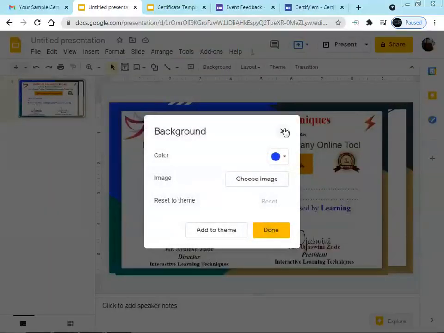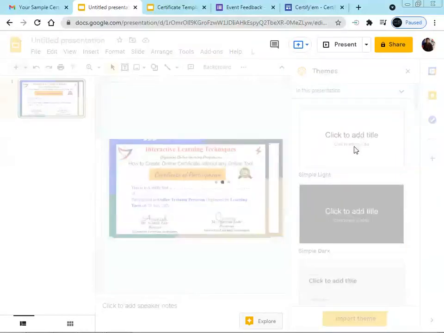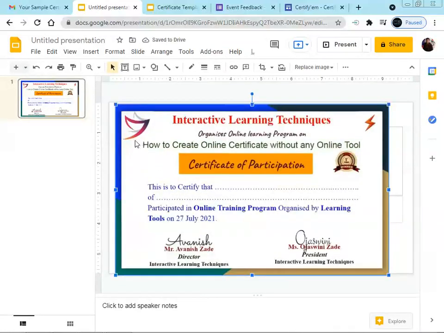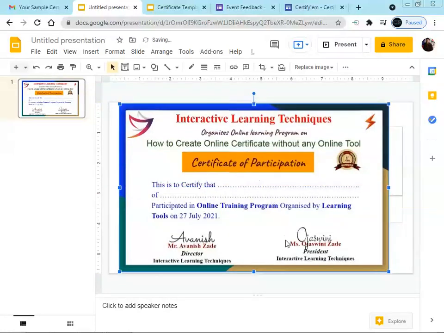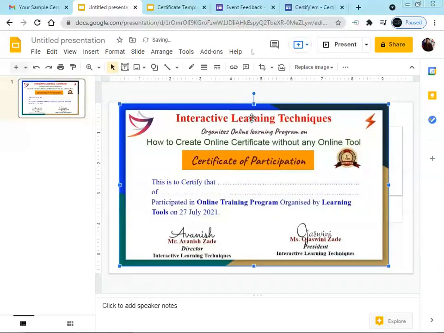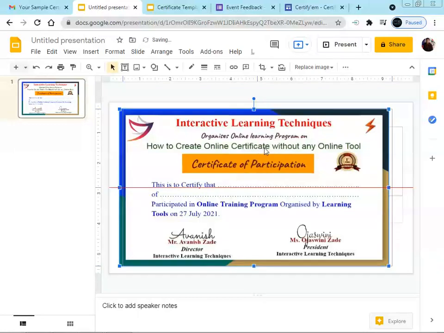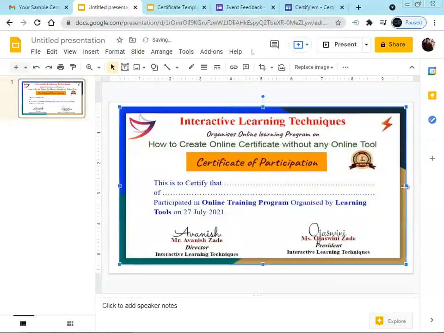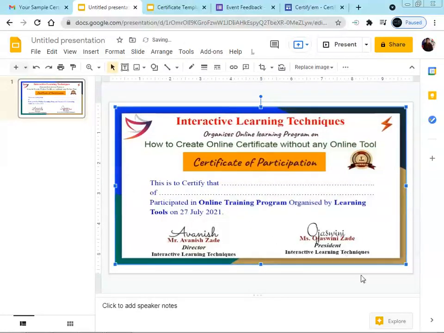So we are going to take this simple white background theme, and we are just reducing the size from the bottom and the top, because this will help us to print the bookmark of Certify'em. Now on the right side, in all directions, we are getting white space. So this can be removed.